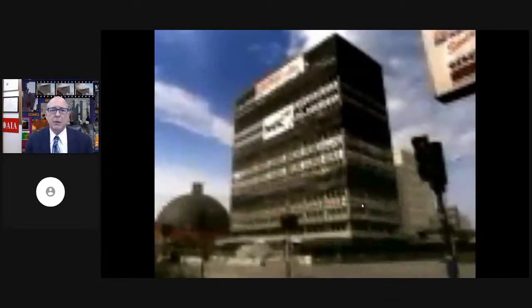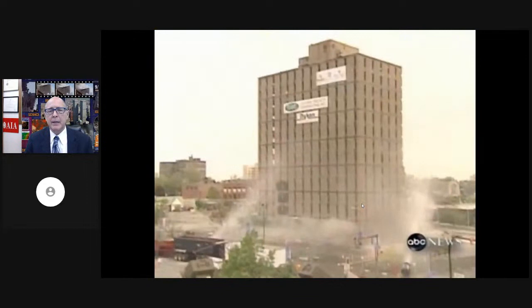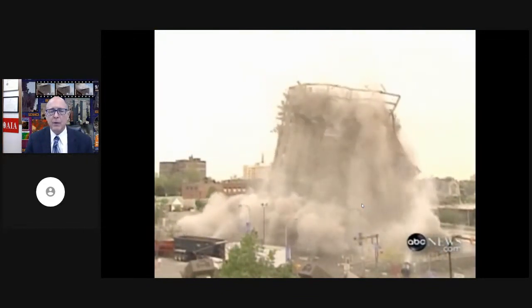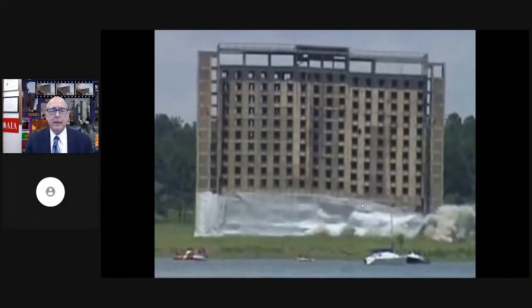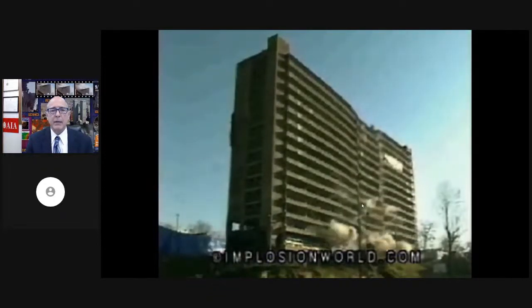The way they do this is to place shaped cutter charges against the columns and beams in the building, thousands of them, and then set them off in a very precise order, usually from the bottom up, but not always. And that brings the building down in a way familiar to most of us. We've seen it on TV, for instance, the old hotels in Las Vegas.